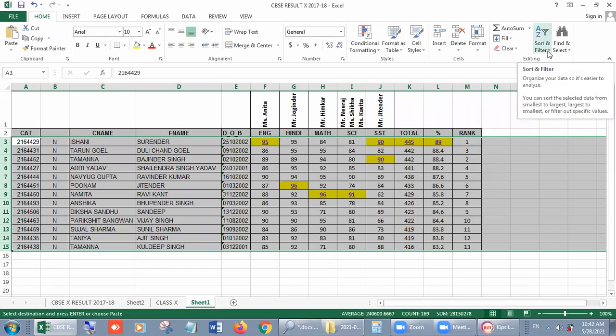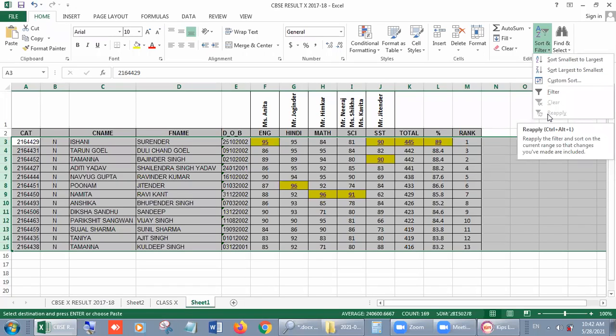When I click on it, in Sort you have Smallest to Largest and Largest to Smallest, but that is when you have only one row or one column. Today I'm going to show you everything about sorting. Then we have to click on Custom Sort.